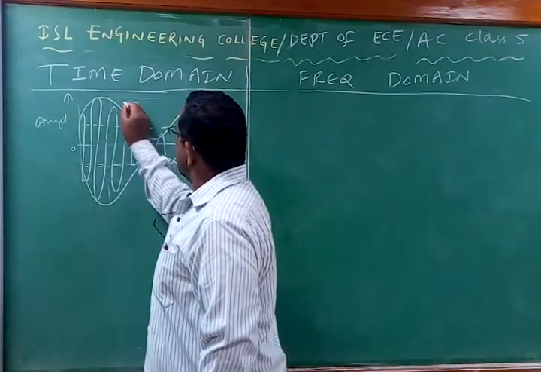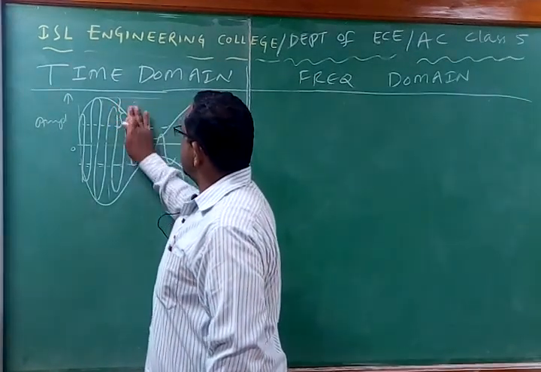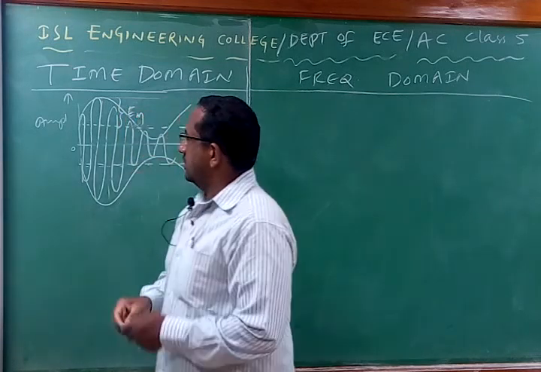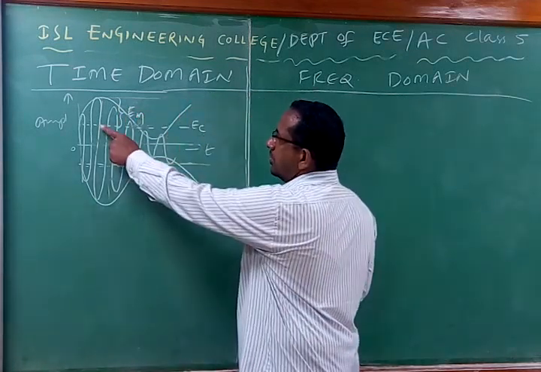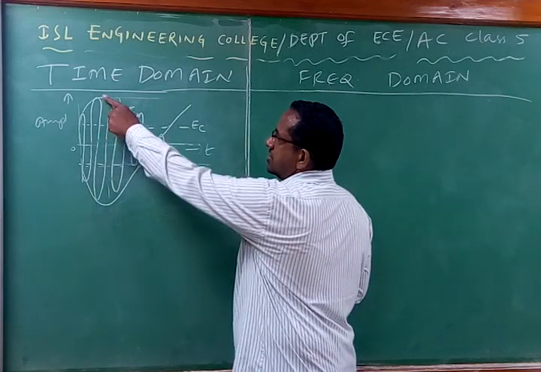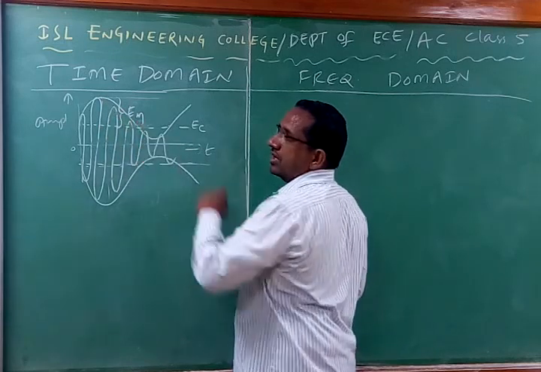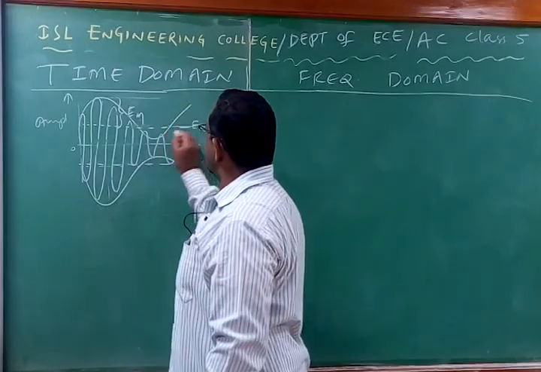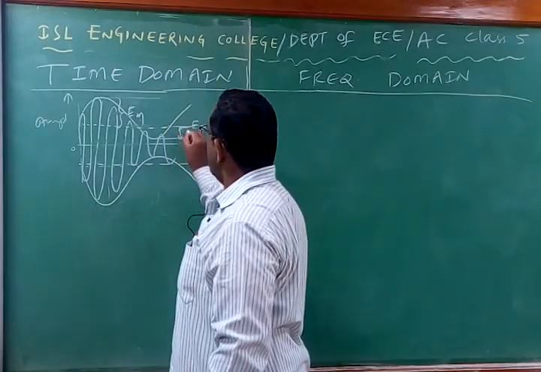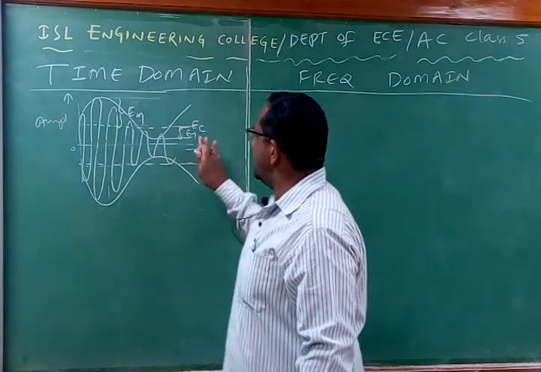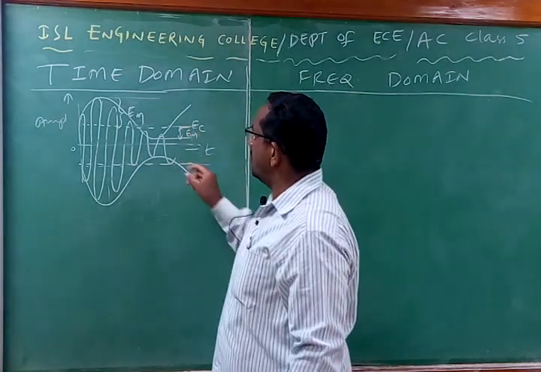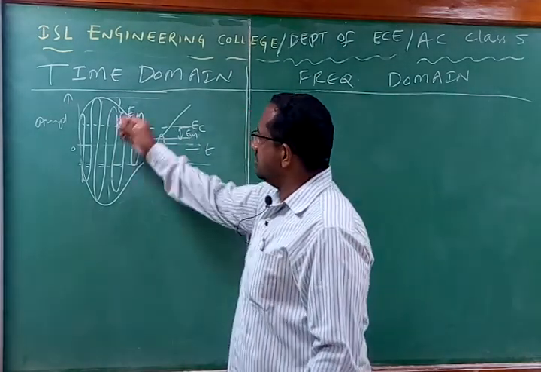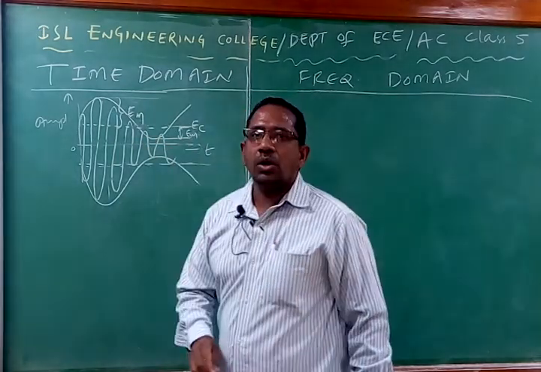And next is message signal amplitude. This amplitude is nothing but Em. That means the carrier signal amplitude is going to get changed with respect to the amplitude variations of the message signal. So next, what about this value? This is also going to be simply Em. So that means single peak is going to be Em, double peak means what? Em plus Em is going to be equal to this. So this is the notation we normally have.